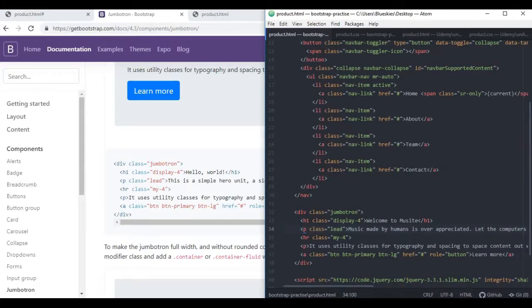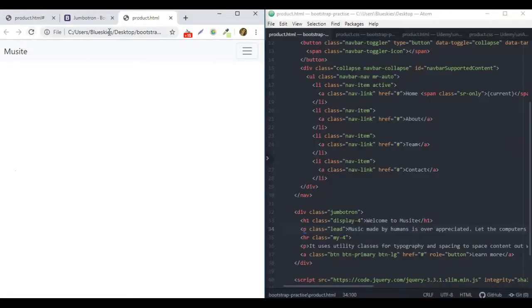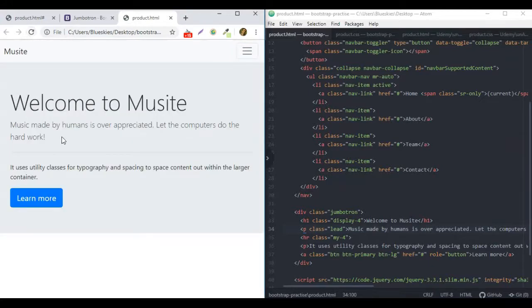So let's just see how this looks so far. I'm just going to put that on one side like that. As you can see, what's really cool here is with the navbar, when I've made it smaller, it's already been able to do this for us. So it's just so cool. It's completely responsive. And this is our Jumbotron. Welcome to MuseSite, made by Memes. Okay, cool. And then at the bottom here, I'm going to put